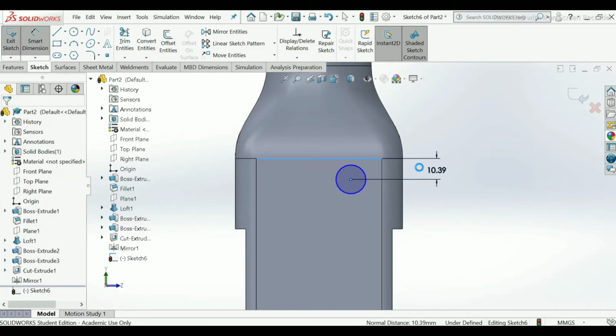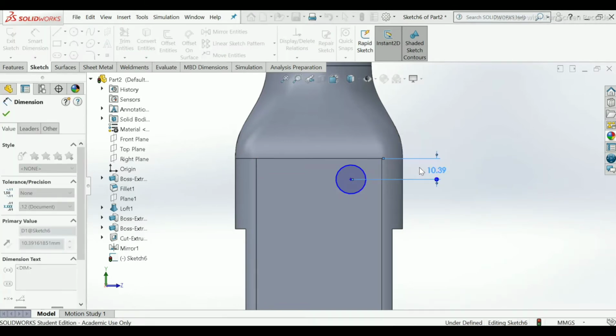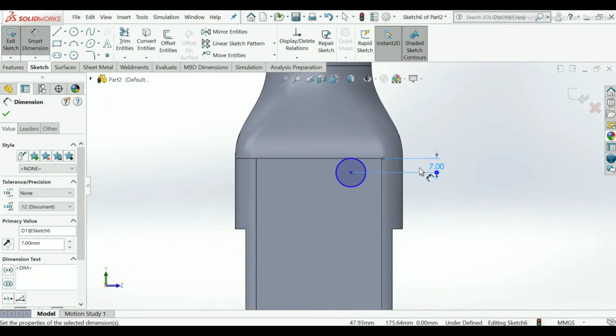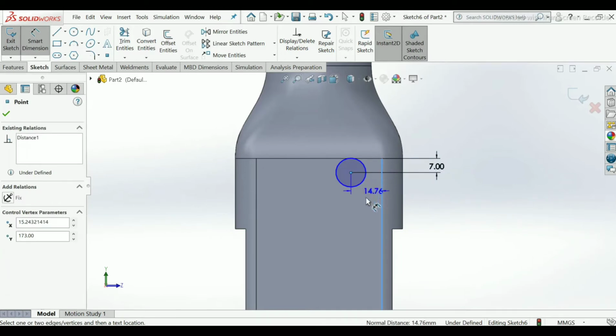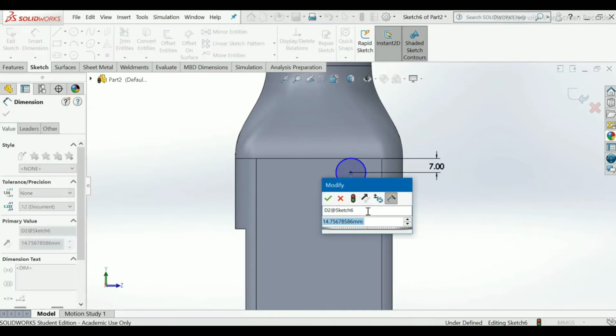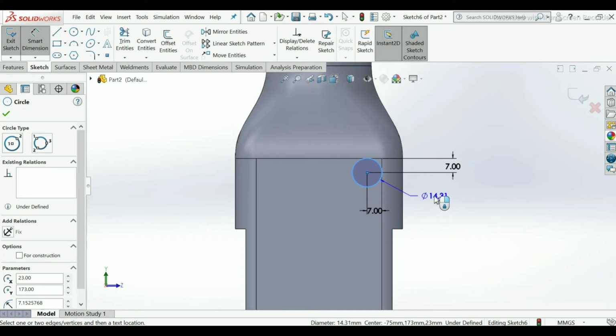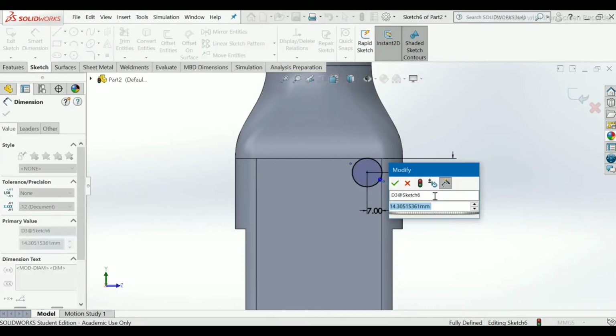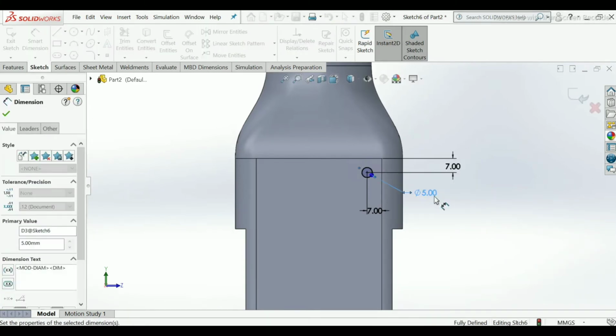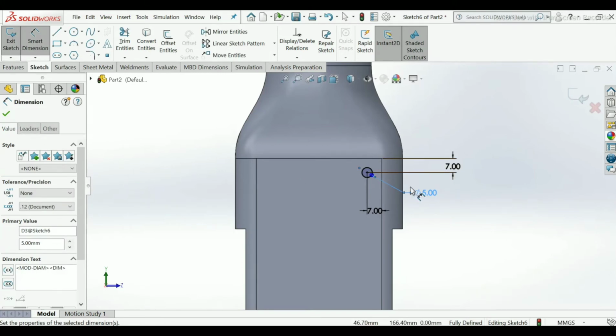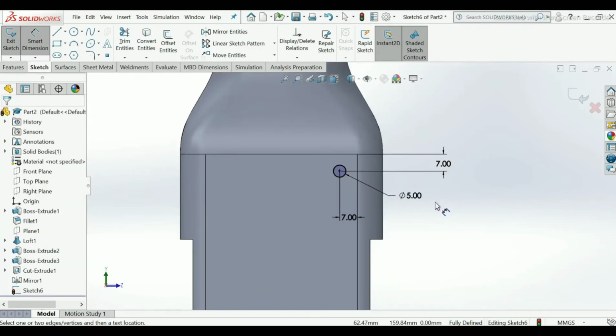For vertical distance it will be 7 mm. For x-axis horizontal direction it will also be 7 mm. Take diameter as 5 mm.